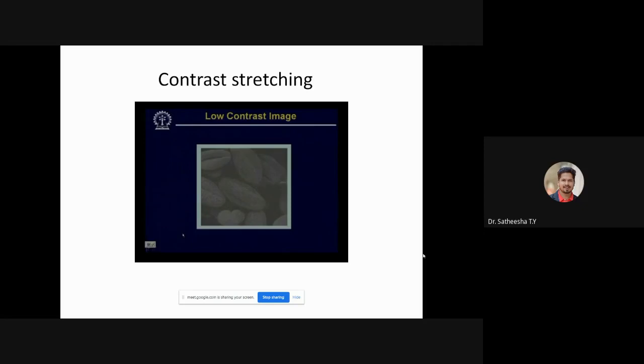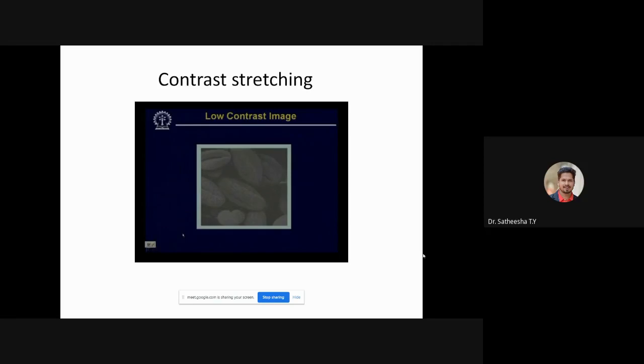So the difference between the minimum and the maximum intensity value is the dynamic range of the sensor. I'll repeat this, as it is very important. The dynamic range is nothing but the minimum to maximum intensity value.